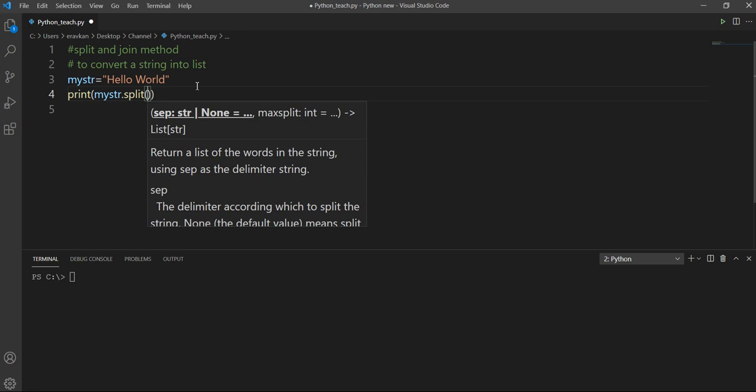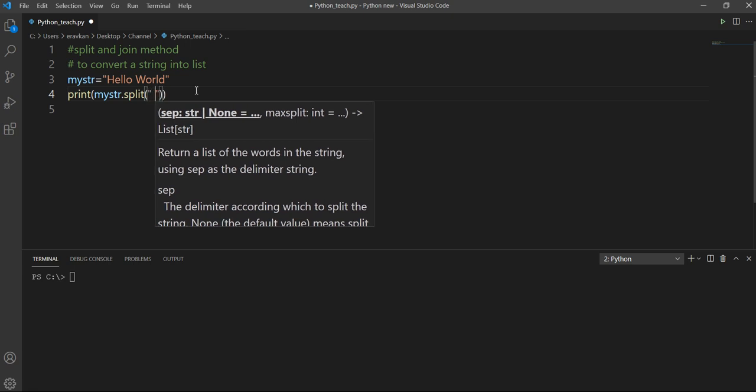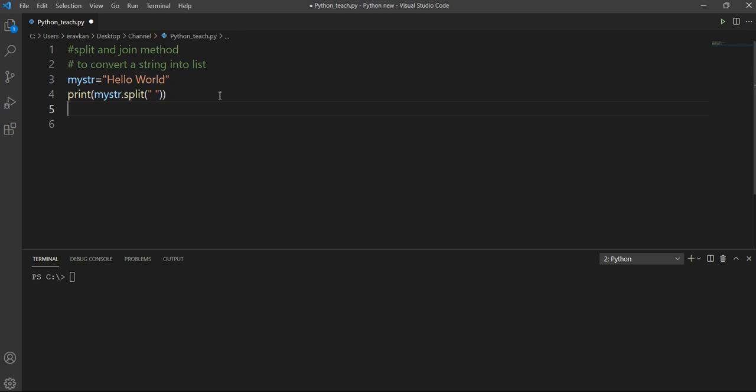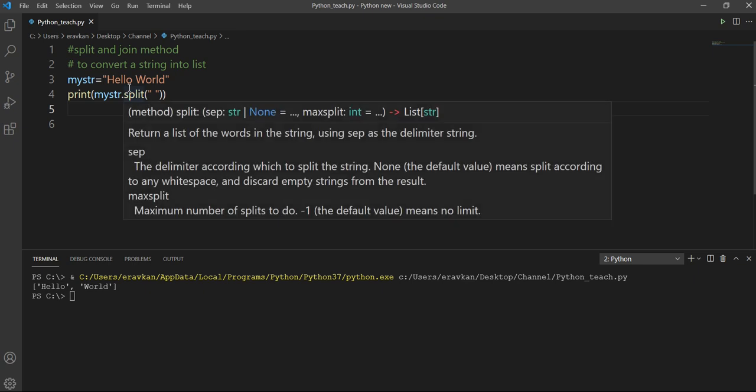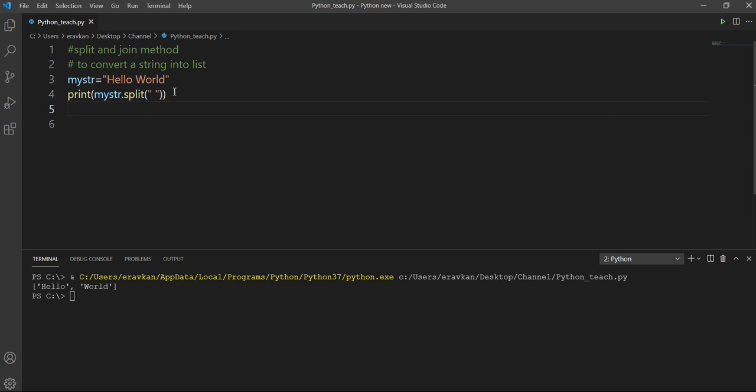Suppose I specify a space here, and now if I print it, you see the output. So by using this space, my list is prepared. This is the first element, this is the second element. Okay, let me give you more examples.